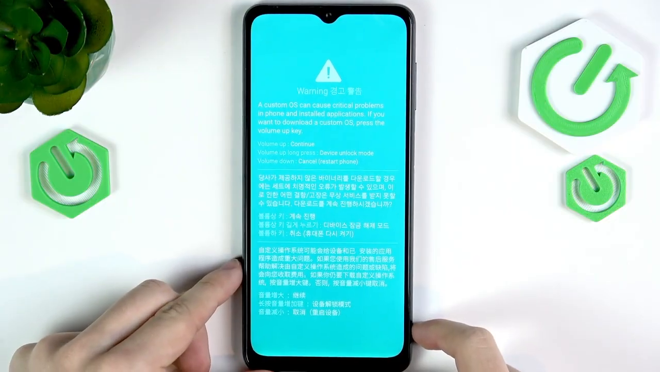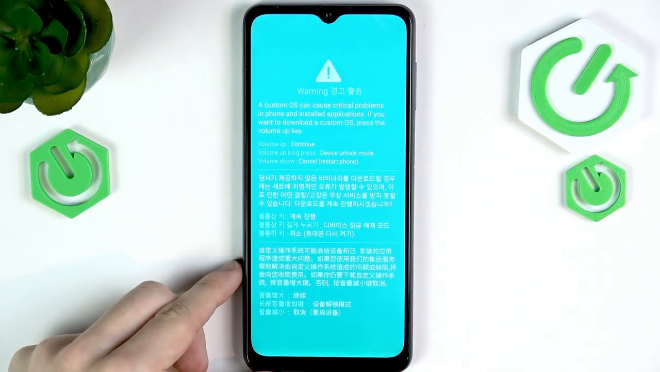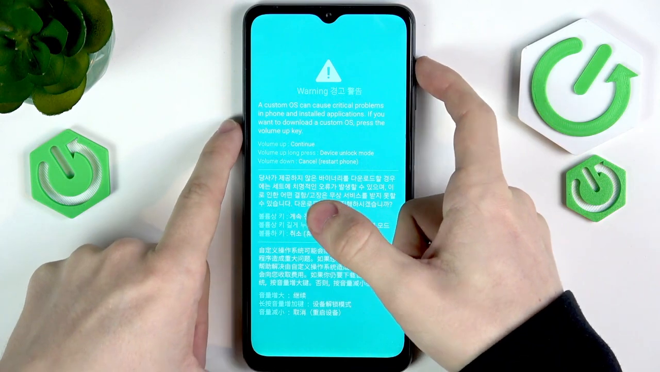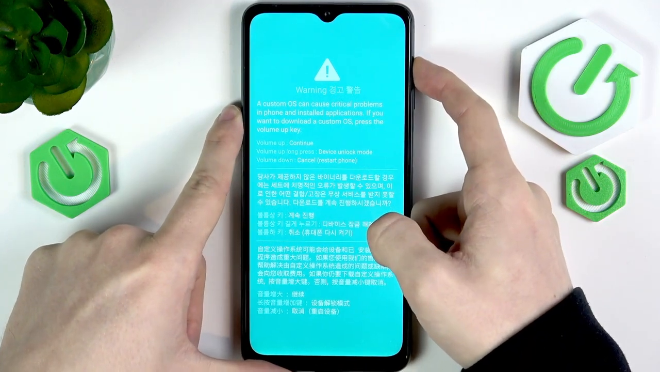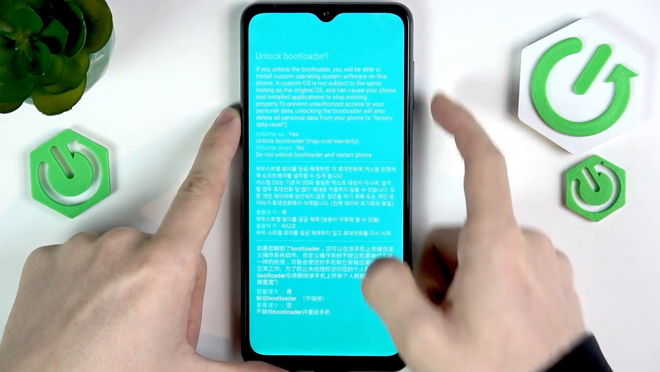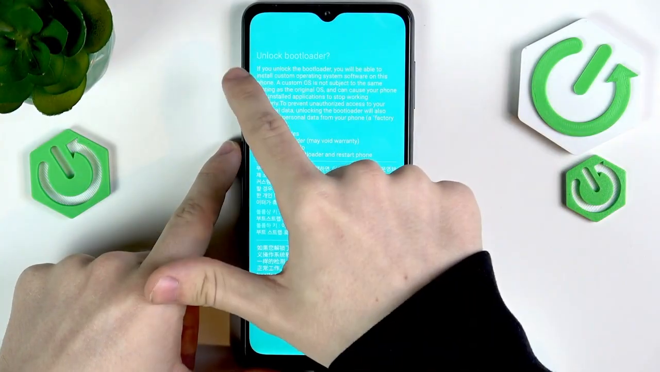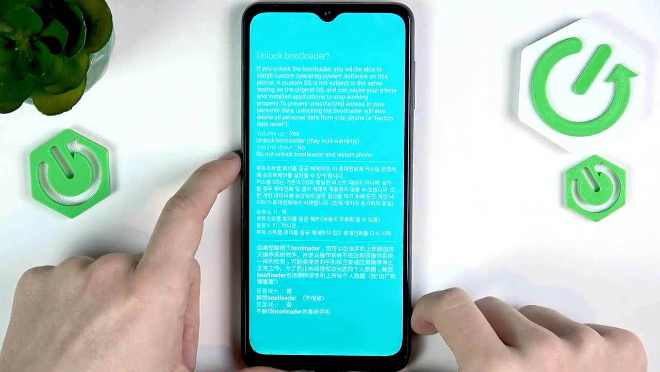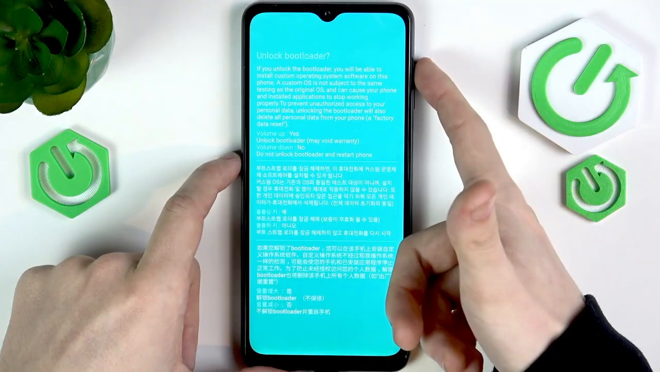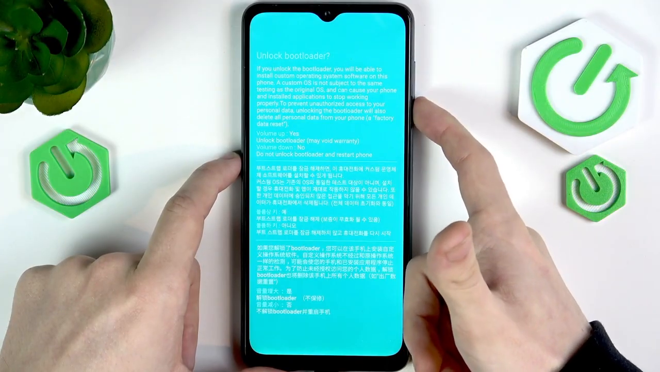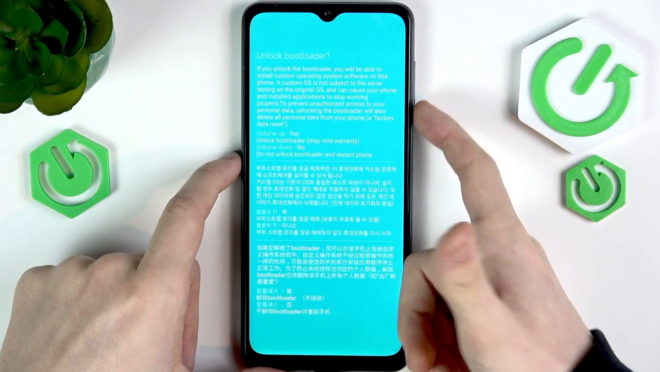Now you'll see this blue screen. What you need to do now is press and hold on the volume up. Now you'll see this screen. You can see in my case it asks me whether I want to unlock the bootloader. Click on volume up to say yes and volume down to say no. Now remember